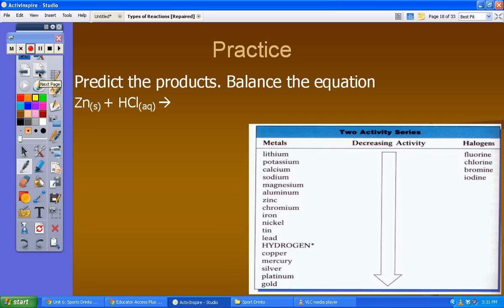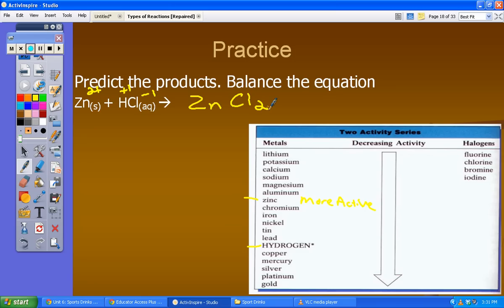So the first part of it is zinc and hydrogen. Which is more active? The more active one is up here. So zinc should replace the hydrogen in the hydrogen chloride. So what we'll get is zinc is generally a 2+ ion. Hydrogen's a +1 ion. Chloride's a -1 ion. So in our formula, we'll have